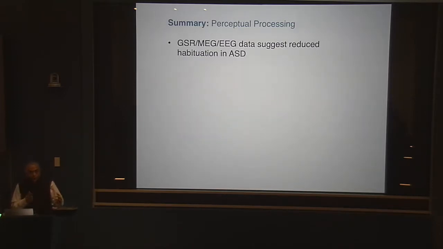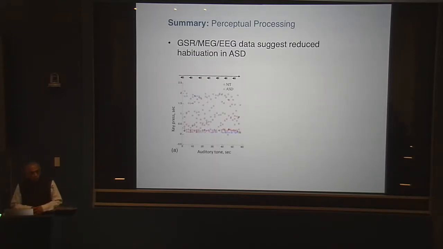Do we find a difference there between ASD and neurotypical subjects? And indeed, we do. What you're seeing here is the latency between the beeps and the key press. This is a metronomic sequence where the beep is occurring once every 2 seconds. Interestingly, the neurotypicals shown in the blue circles, their latencies are either close to 0 or close to 2 seconds. So they are right in the vicinity of when the beep actually happens, whereas the ASD participants seem to be